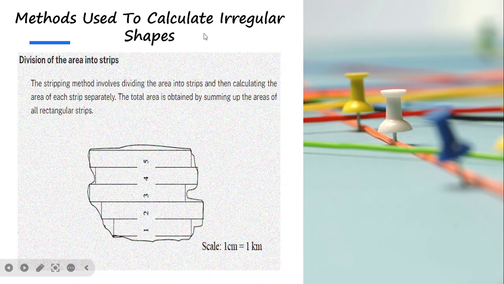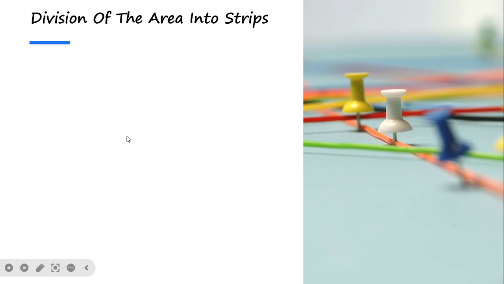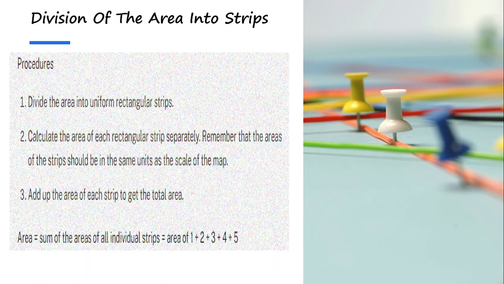Now the total area is obtained simply by summing up the areas of the rectangular strips. So in stripping, you divide basically based on these rectangles. In this irregular shape, we've divided it into 5 strips. And moving on, here are the procedures for finding the area of this irregular shape